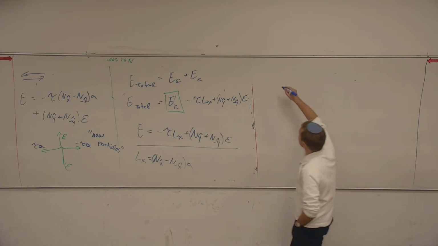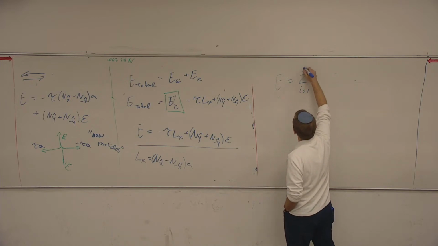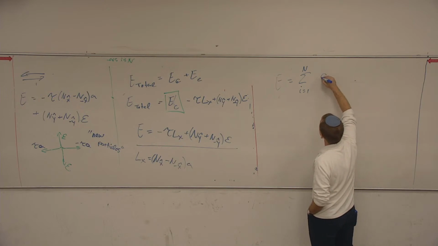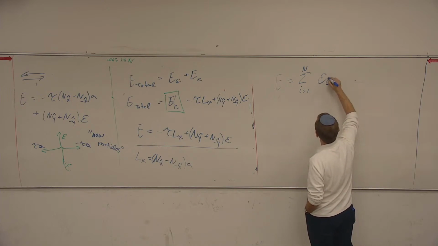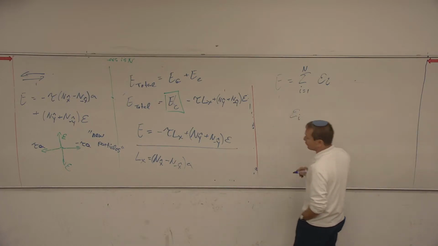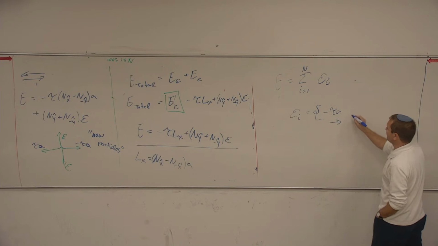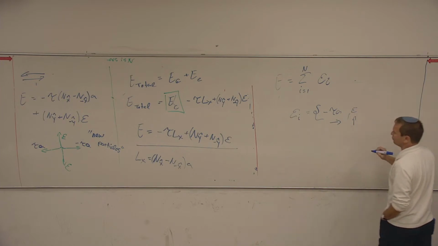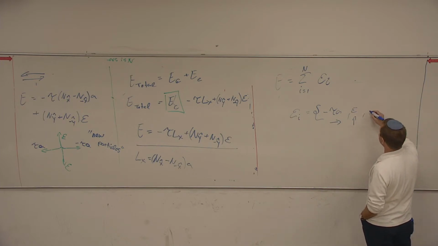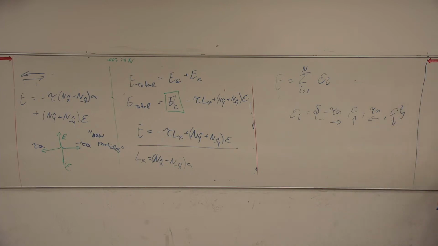So what I'm doing, I'm writing this energy as what? As a sum over i from 1 to n of epsilon i. What is epsilon i? So epsilon i has the following four states. It has minus tau A if I'm pointing to the right. It has epsilon if I'm pointing up. It has tau A if I'm pointing to the left. And it has epsilon if I'm pointing downwards. Those are my different energies.